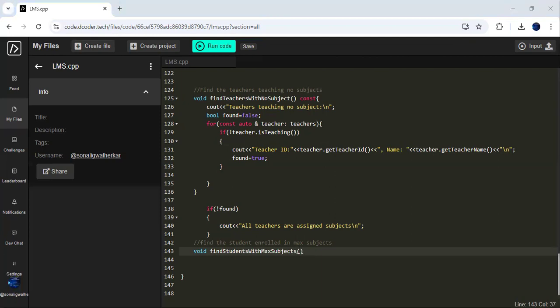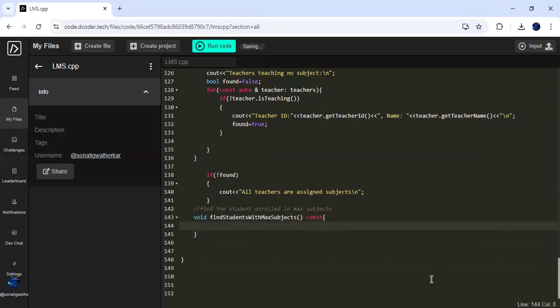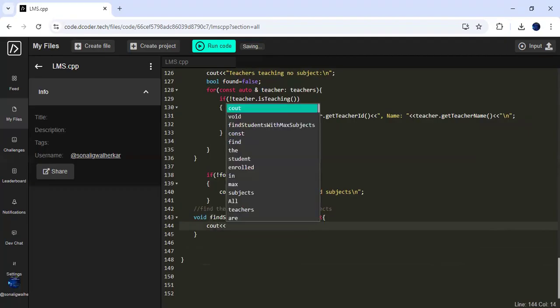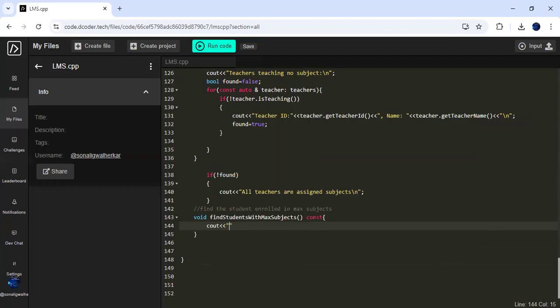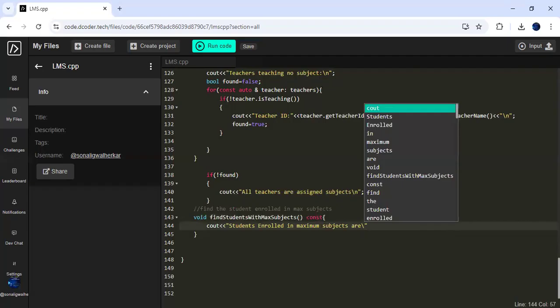And here we write const, and in this function we write a cout: students enrolled in maximum subjects are, slash n,